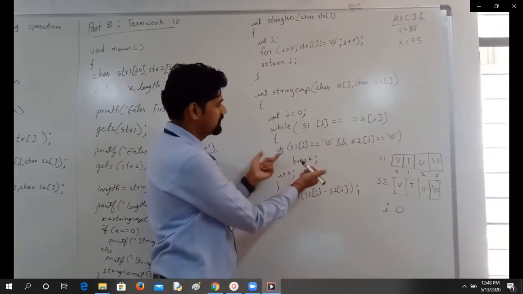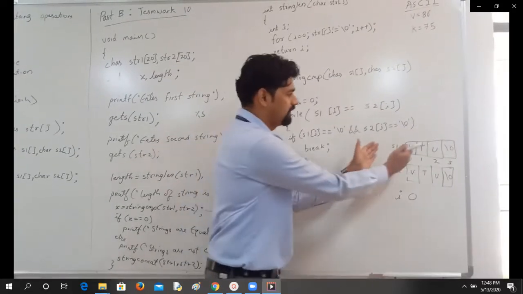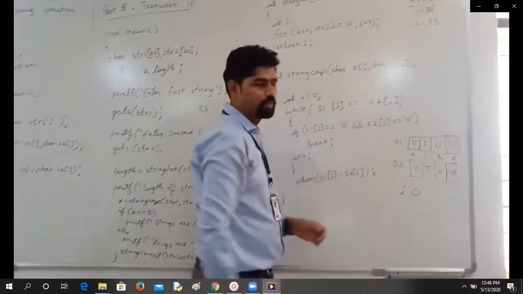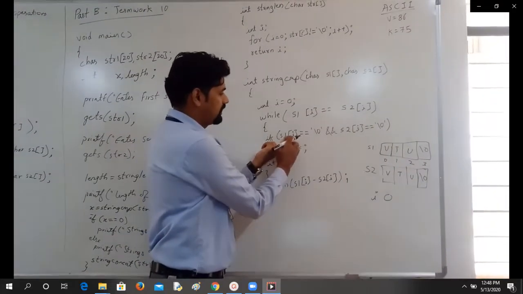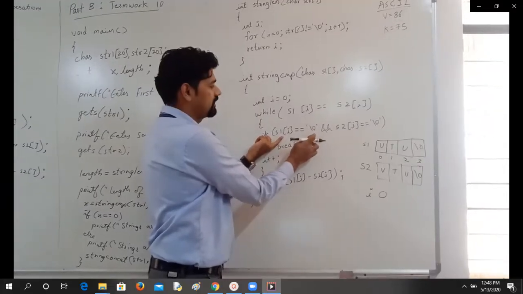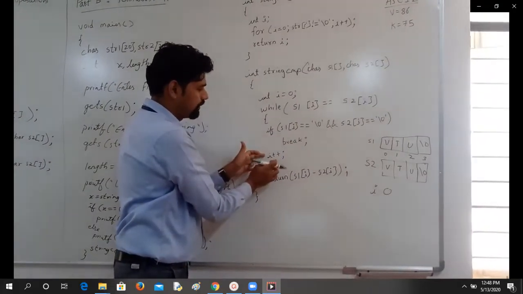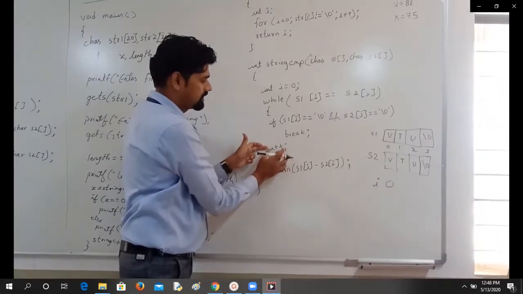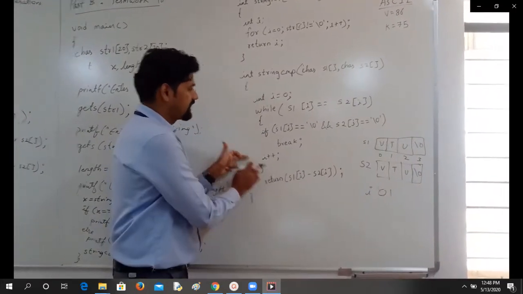So here what I do is I just check if they have come to an end, because if one of the strings has come to an end, I should terminate. So that is what I check. Is this particular S1 of 0, which is V, equal to null character? No. So this is false, and I directly come over here, this break is skipped, control comes here, I is incremented. That means I go to the next character or next iteration of the loop.